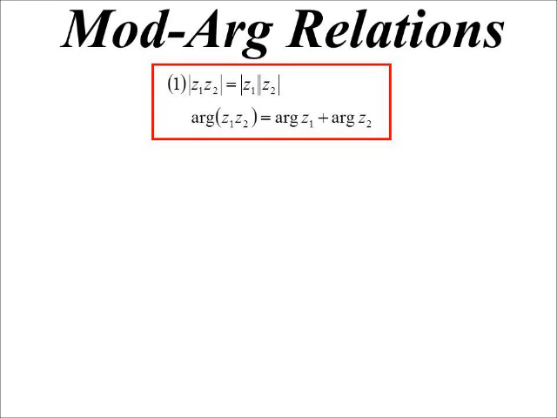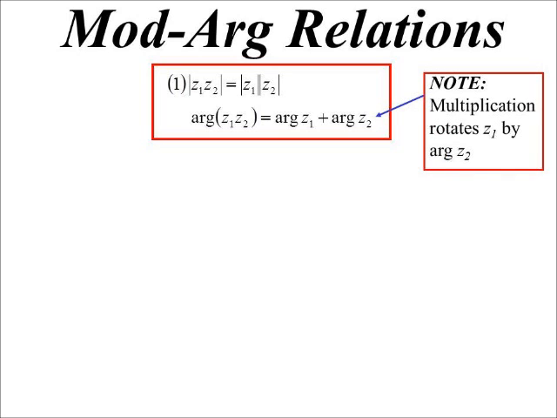Arguments, you'll notice, are a bit like log laws. When we multiply, we actually add the arguments. Okay? Multiply, we add the arguments. So another way of thinking about it is rotation. If we were plotting the number, remember, argument is the angle, so it's like how far we've turned the vector. So if I multiply, I'm adding another angle on, so it's rotating. And that's why, if you remember on Friday, I said multiplication by i was like rotating 90 degrees. Okay? Rotating 90 degrees. That's because